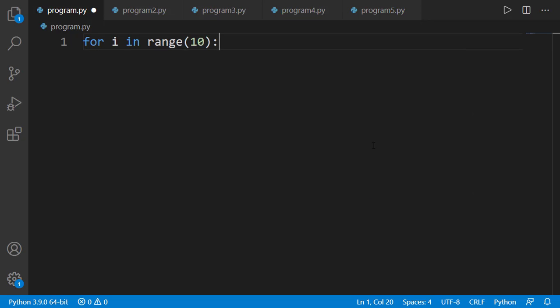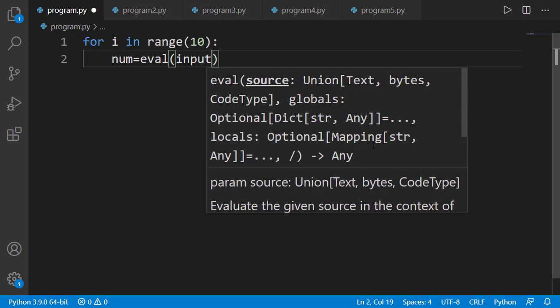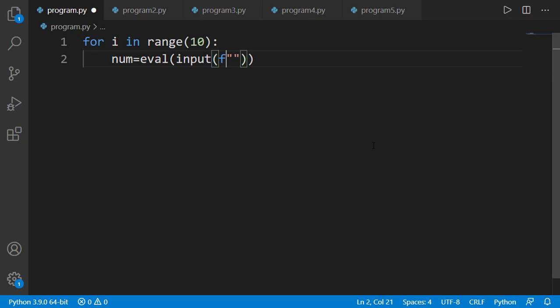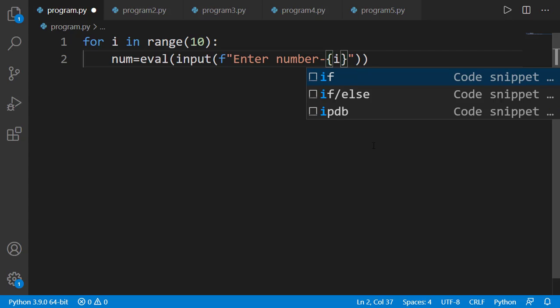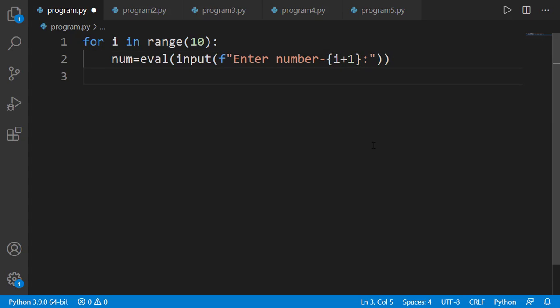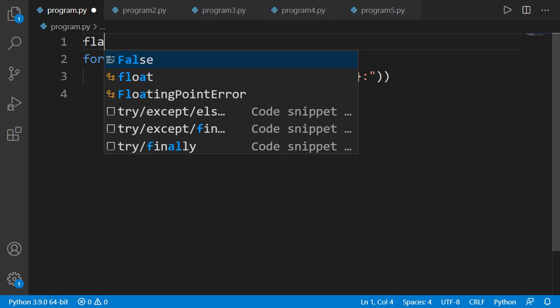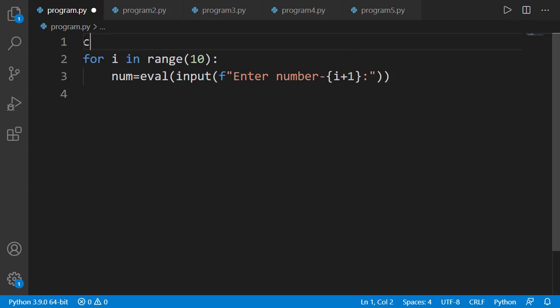So I'm writing the for loop to take in 10 values from the user. Now I should declare a flag variable before the start of the for loop. It can have any name, for example check, and I will set its value to 0. Now inside the for loop I will apply a check if the number entered by the user is 100 or not, and if it is 100 I will change the value of the variable check to some other value, for